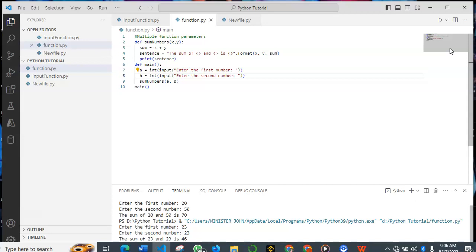After doing that, you can now call the function in the main function by declaring a def main function. Then after calling the function, to print the content in the function, you need to put the main here and then run it. So that is that for